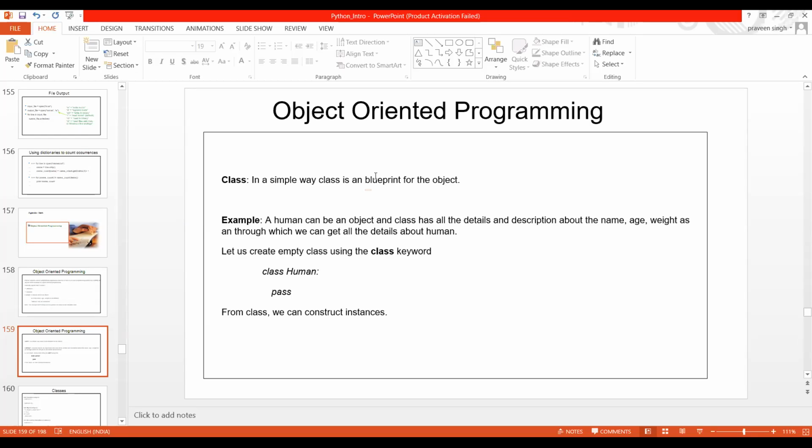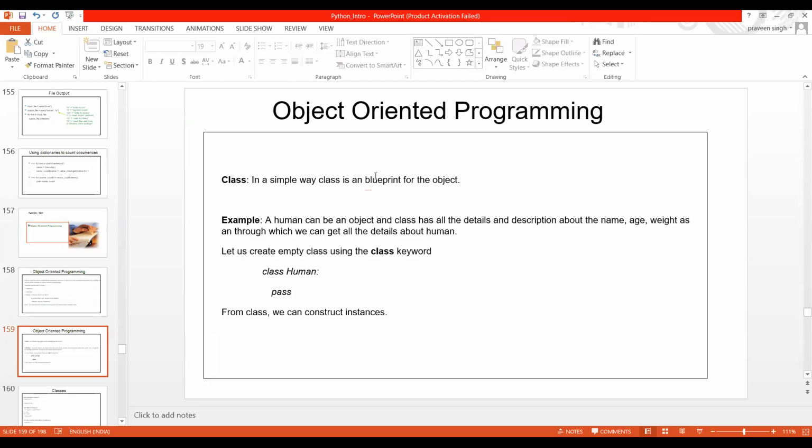Okay, so now here, for example, a human can be an object and the class has all the details and description about the name. Everybody, last time you heard me say that a human is nothing but an object. Now the class has all the details.